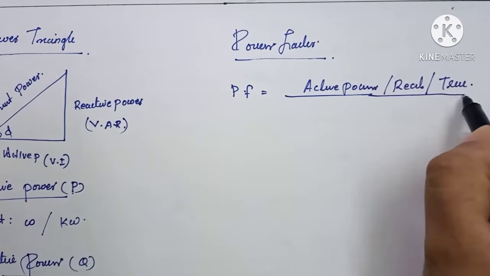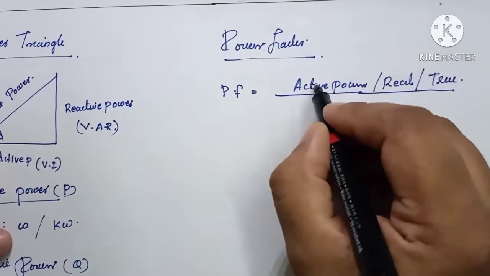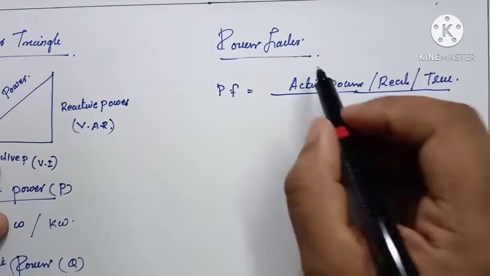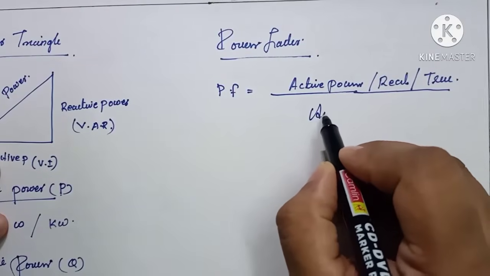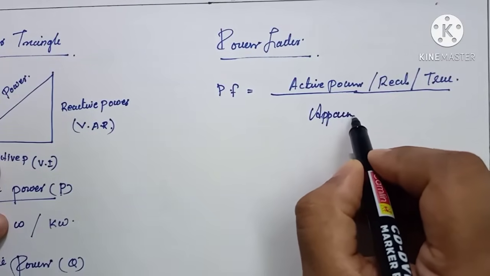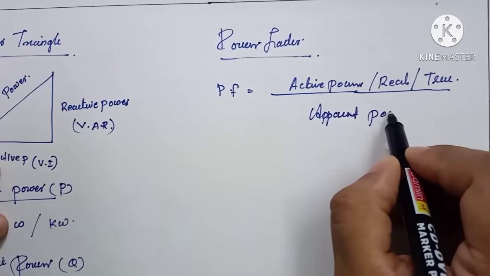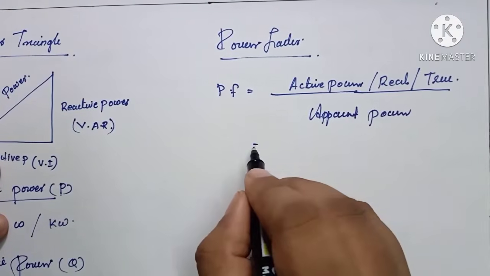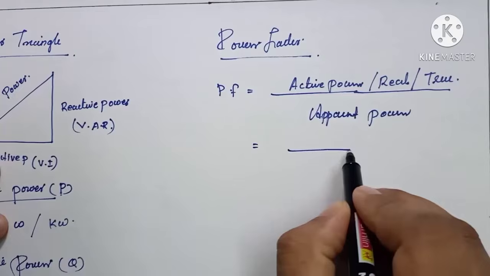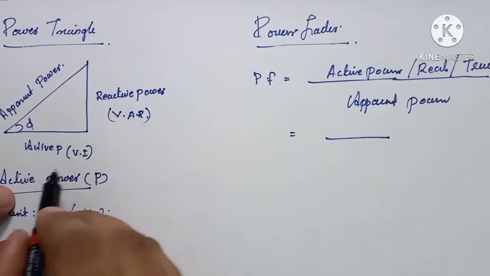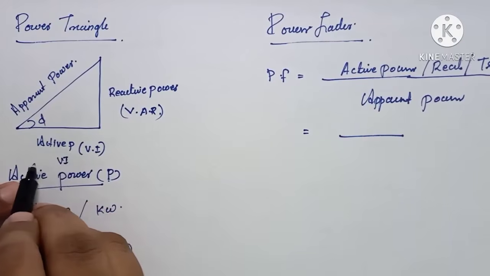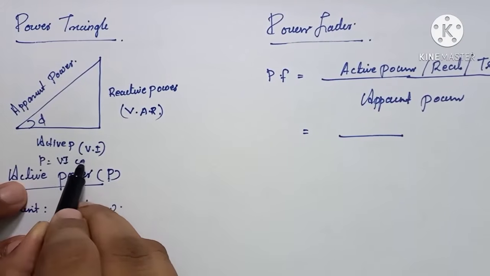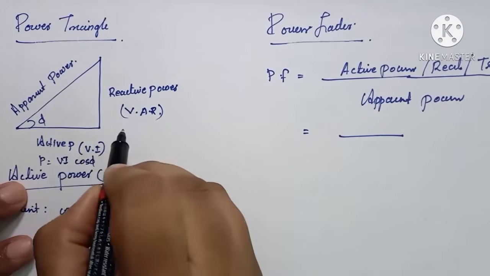Okay, we can remember these terms. Power factor is nothing but the ratio of active power to the apparent power. Active power by apparent power, that is, active power is nothing but, here it is, power P is equal to VI cos phi,